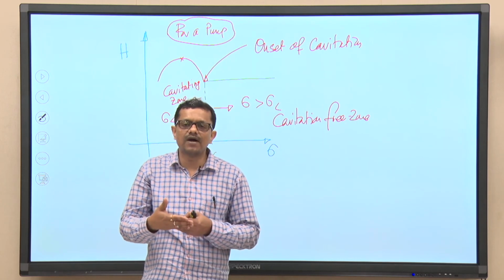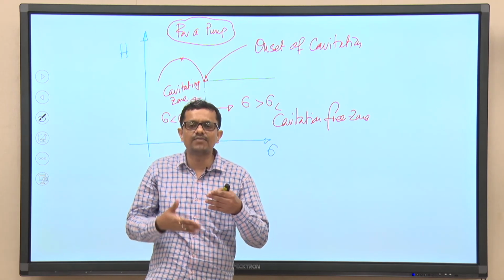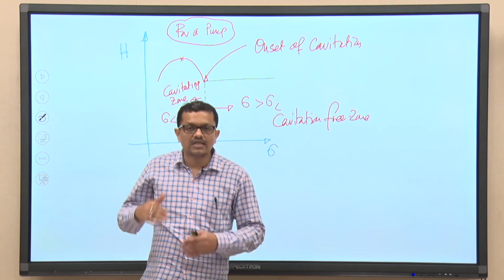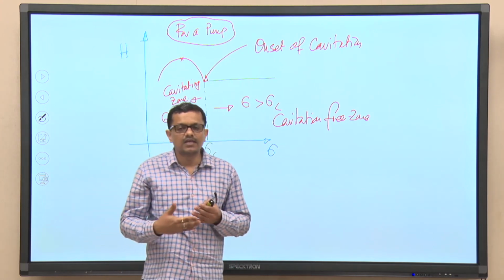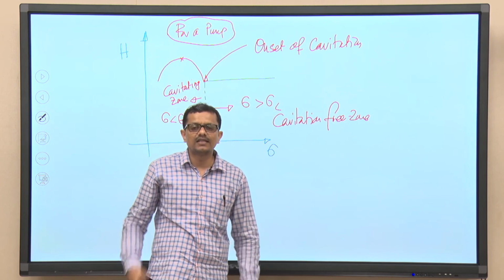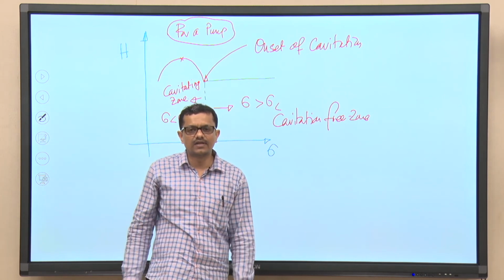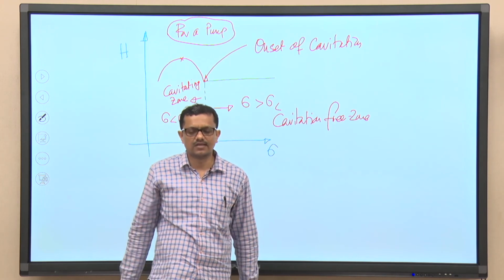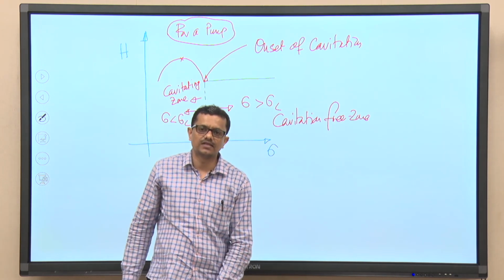Sometimes we need to install a pump in a station in which we need to draw water from a groundwater tank. So, the effect of design parameters, the effect of system parameters and their influence on the total cavitation in the context of radial flow pump operation will be discussed in the next class. So, with this I stop my discussion today. Thank you.